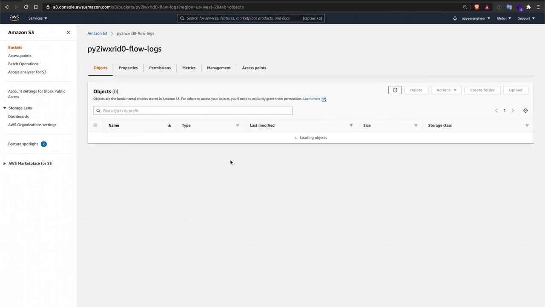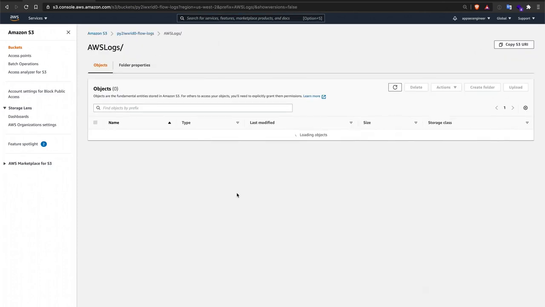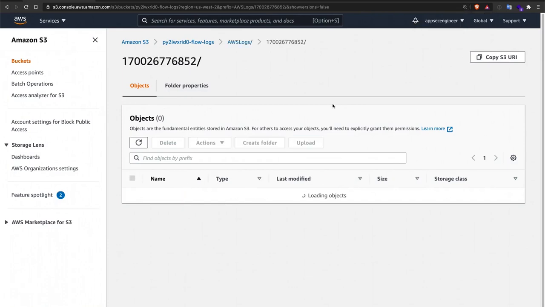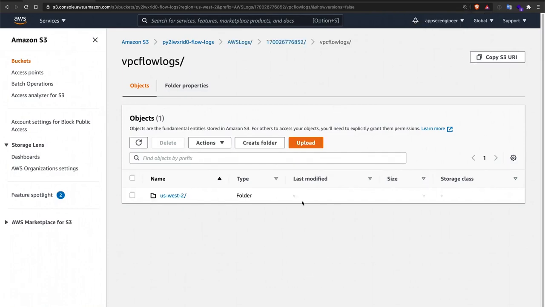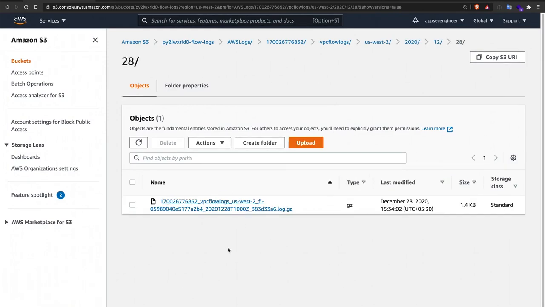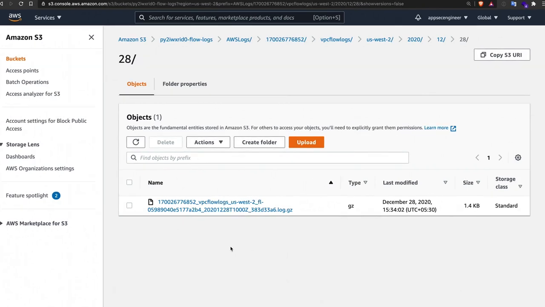Now let's actually see this. You'll see that we have our AWS logs directory here, and we have our flow logs for US West 2, and it's already started getting captured. So you have all this data already in the log.gz. Now, one way is, of course, you can pull out these VPC flow logs and then start to analyze them manually or use some kind of JSON analysis tool to do that.